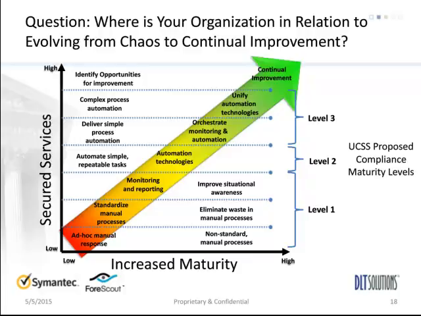And what we're doing now is unifying technologies so that they work as a cohesive unit, delivering even more value. And then really unifying the automation technologies is the next step, and that's where we'll be talking about today, where we have the UCSS really working as a single solution, not a suite of tools, not two vendors, but a single solution for your agencies and your organizations to really automate process flows, as I referenced before. Once that happens, you're really then into a continual improvement as you identify, with any automation program, you